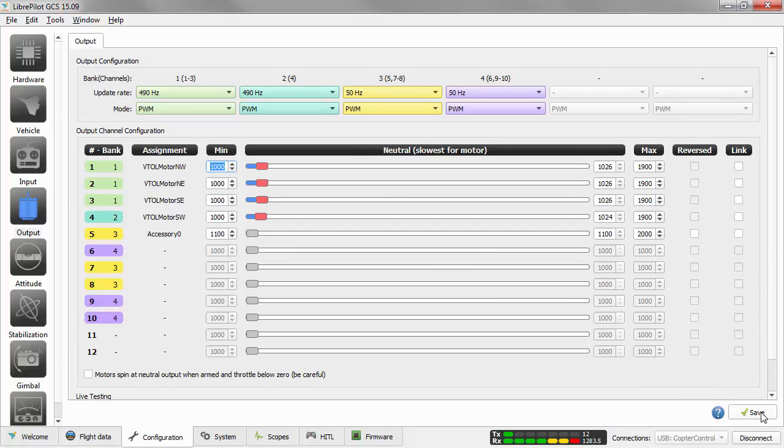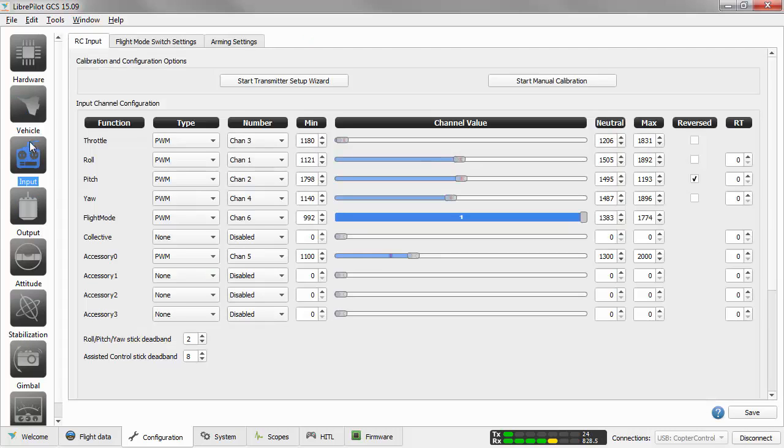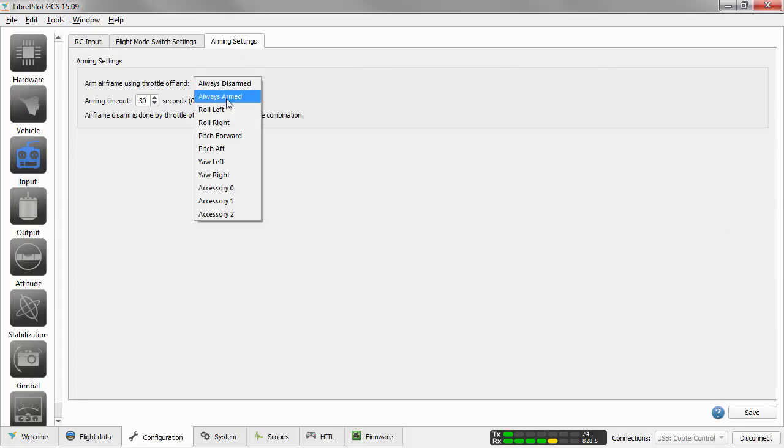We can save again if we want to. We go back to our input section, go back to arming. We're going to set it to whichever option you want in terms of arming your vehicle. A lot of people like to use the roll to the right, which means that you'll take the stick that you have set up for rolling the quadcopter and you'll push it all the way to the right,